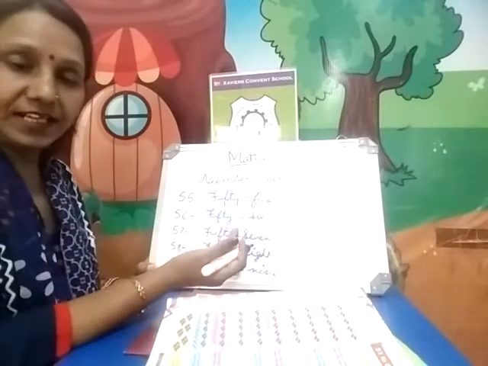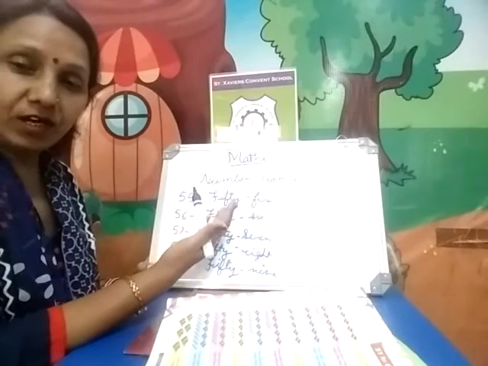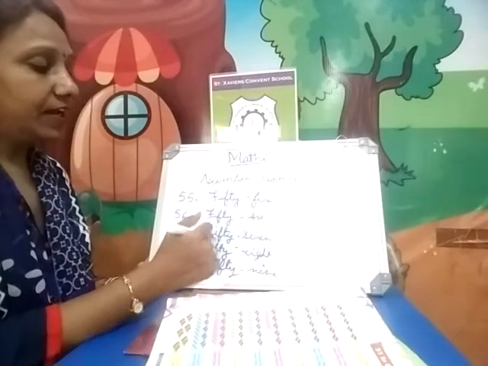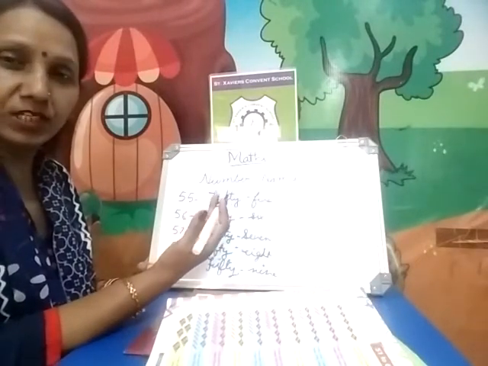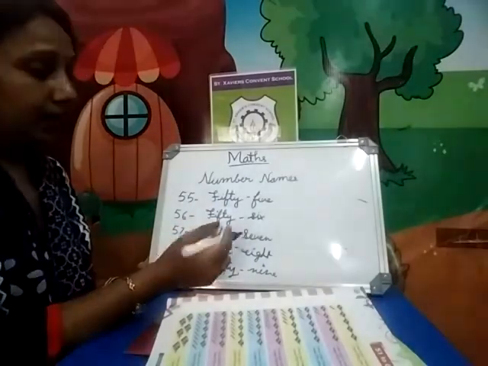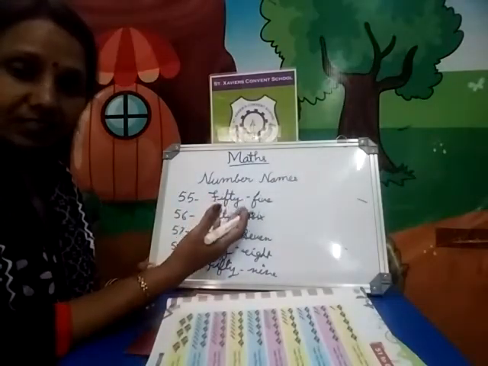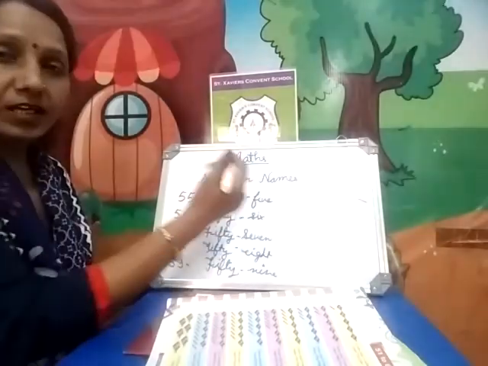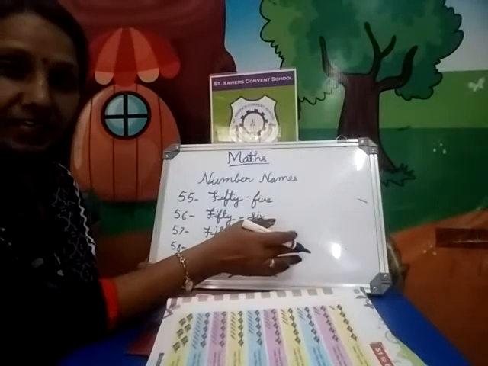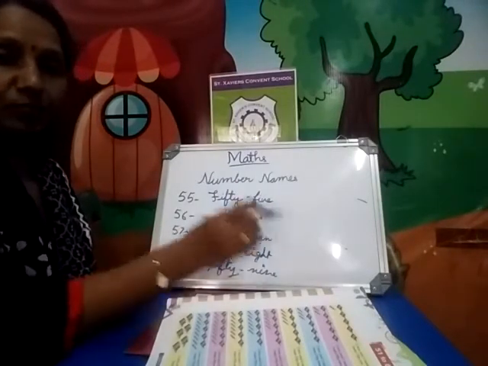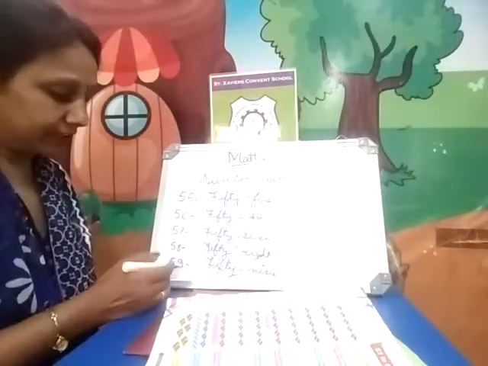The next, if you are writing 61 to 69, then what you do? 61 to 69, same thing. Next, if you are writing 71 to 79, then the same, you will do the spelling 71 to 79. After that 81 to 89, the same. What comes next after 91 and till 99, the same. At the end, the 10th point, you have to just change. Okay, you know the number, and that 10th point is what?